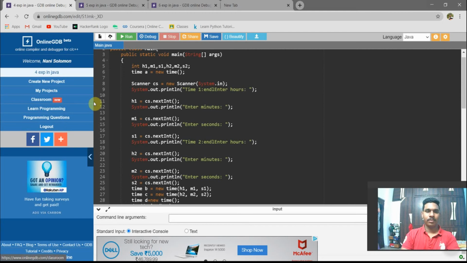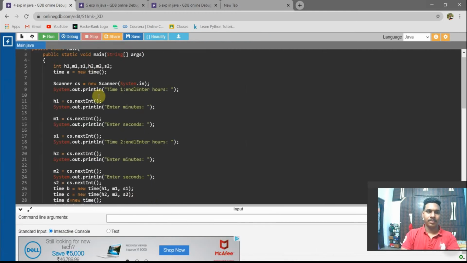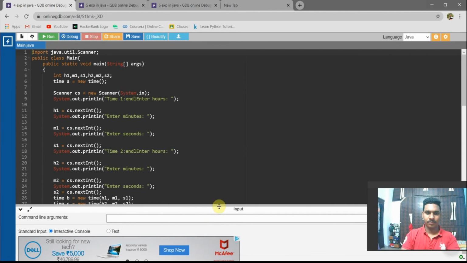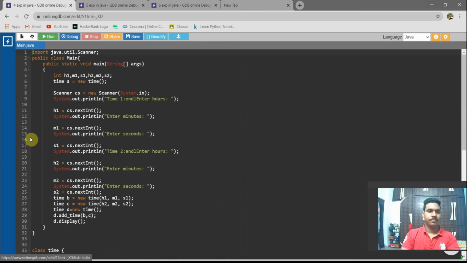So System.out.print, time one and end line, this is nothing but a new line. Enter hour. So time one hour we need to enter, so h1 will be stored here. In a similar way, minute one and second one will be stored here.